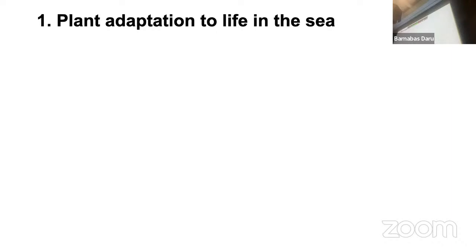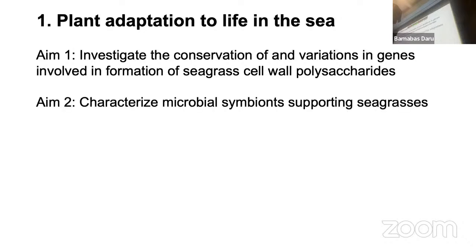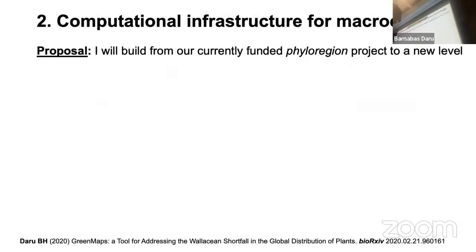And to do this, we are looking to explore the genes that are involved in the formation of cell wall polysaccharides in seagrasses. And we also want to explore the microbial symbionts that help to support the seagrass environment. And so for the second work, we